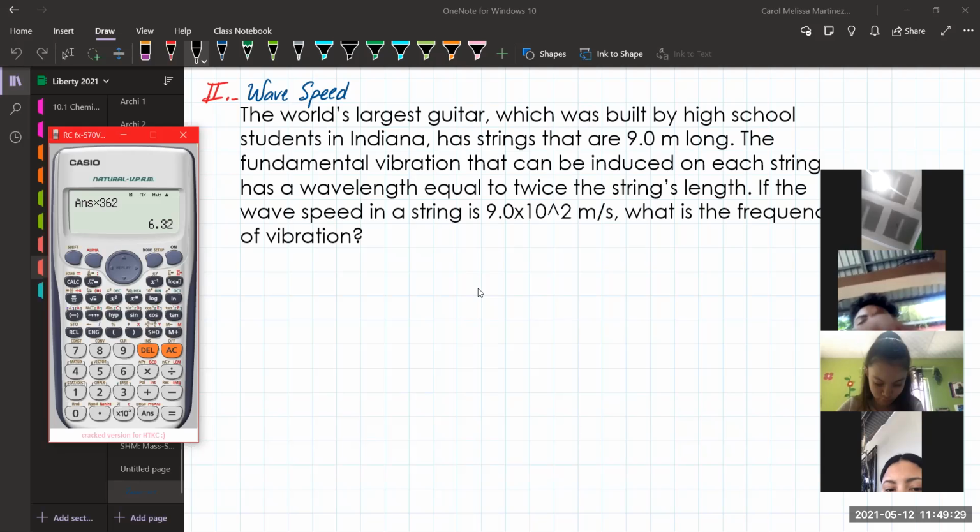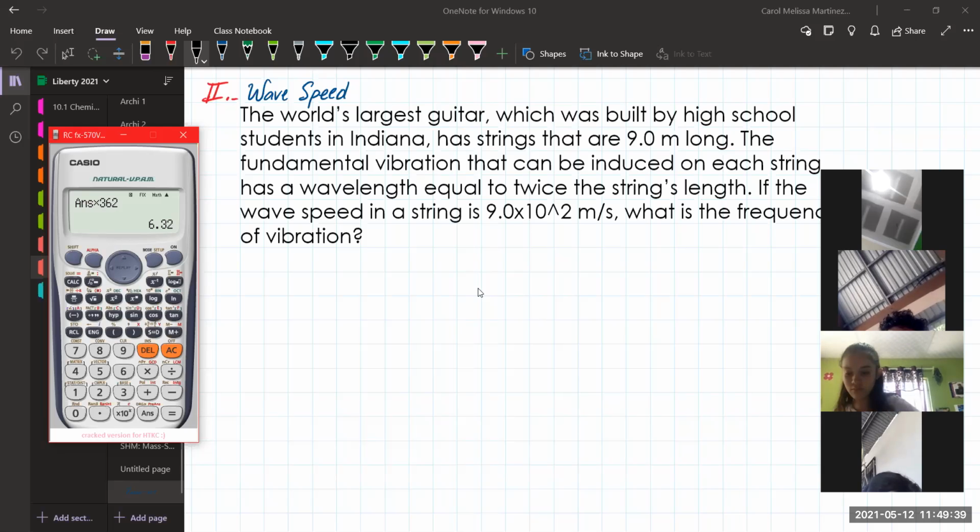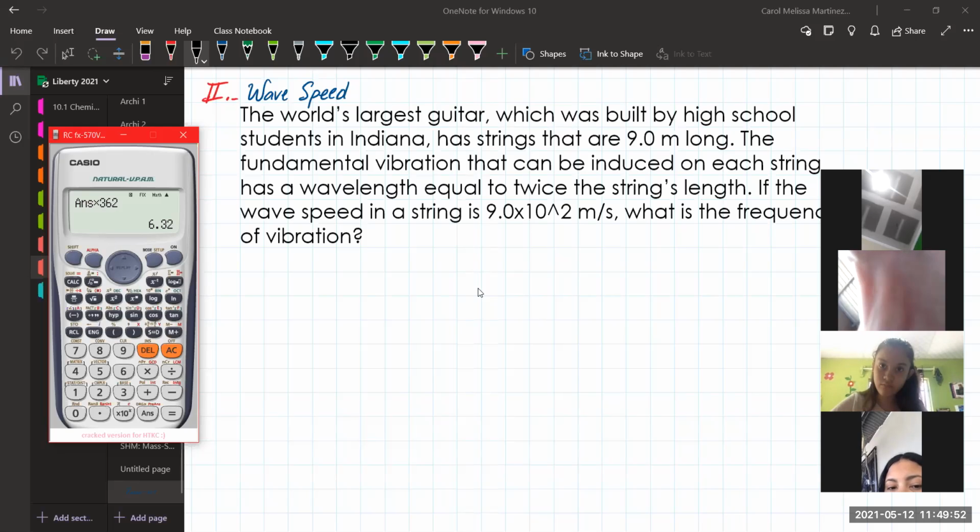Thank you. So we're talking about the world's largest guitar, okay? In this case, we're talking about wave speed. Okay, remember that waves need a medium to travel. In this case, the medium is the string of the guitar. So, just for you to know,